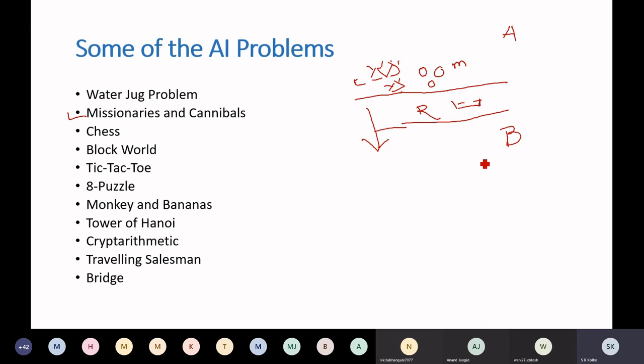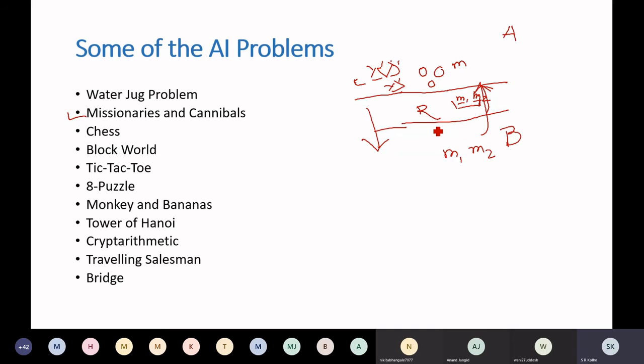At most 2 persons can go with the boat, and if you go through this boat, somebody else should carry that boat again to the other side. Suppose 2 missionaries first are going, so M1 and M2 will be on this side, but after that either M1 or M2 should carry that boat again to side A, right? So keep this in mind. So how can this be done?